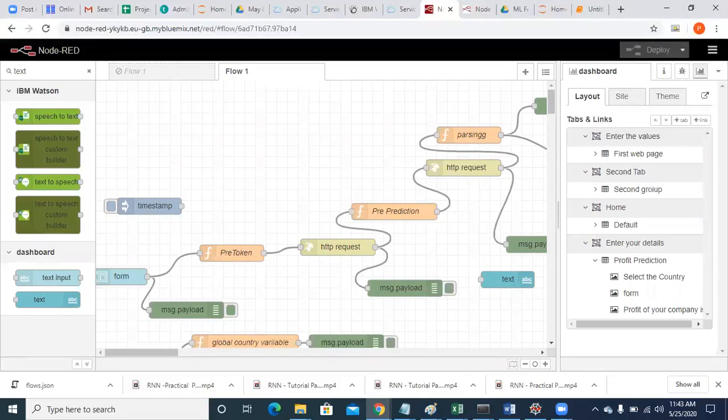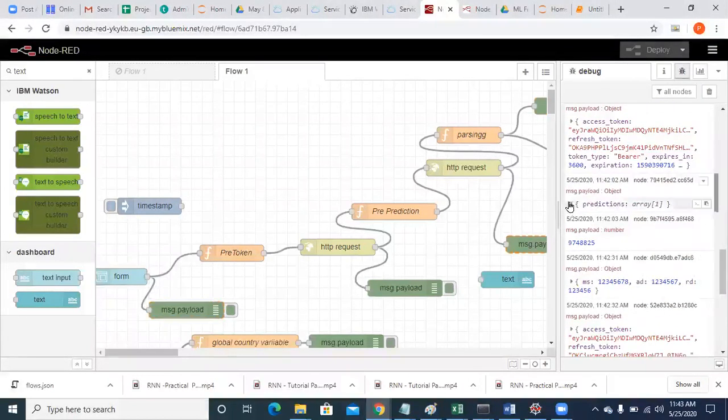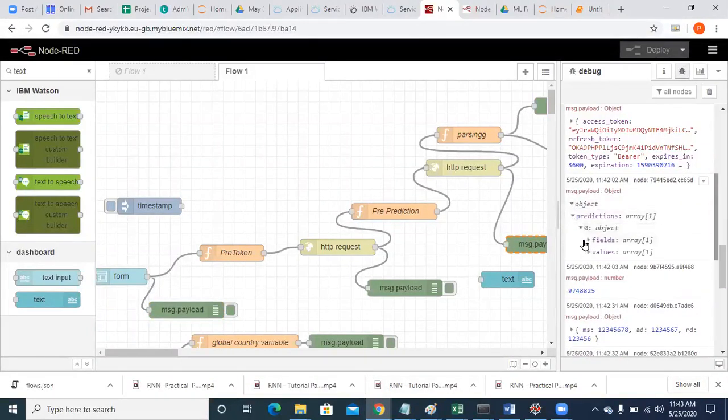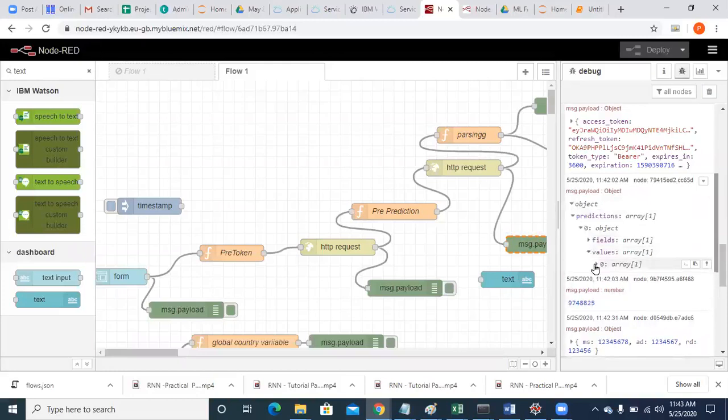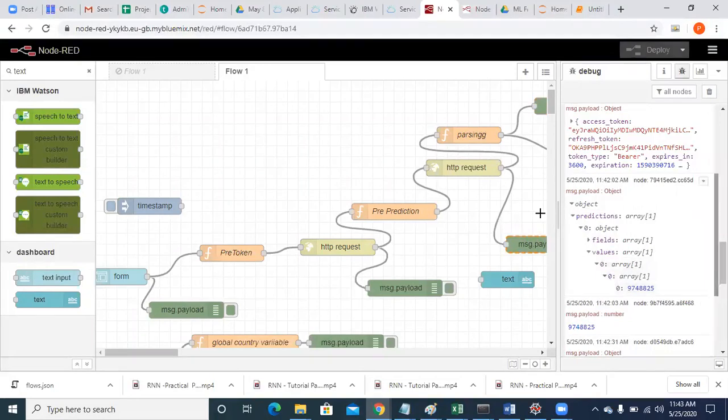Okay. So here in this debug window, if you see, you are getting predictions in this way. Yes or no? So a whole JSON object is being retrieved. I want to parse this JSON object.